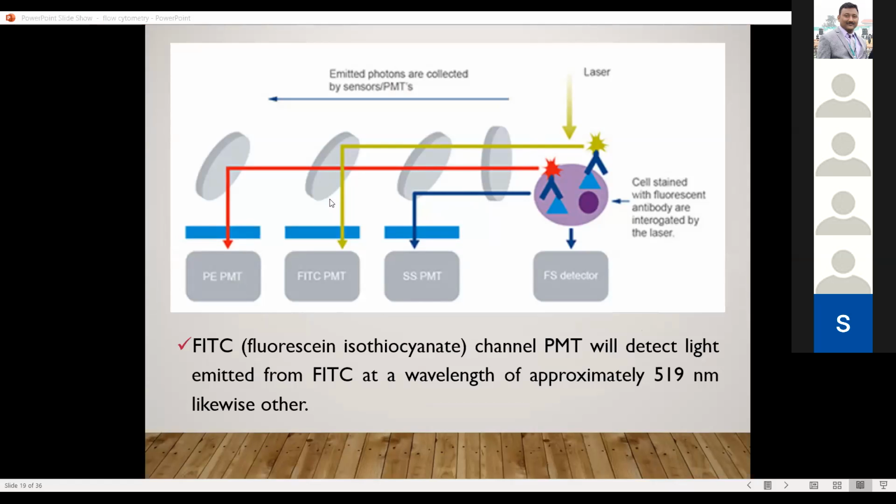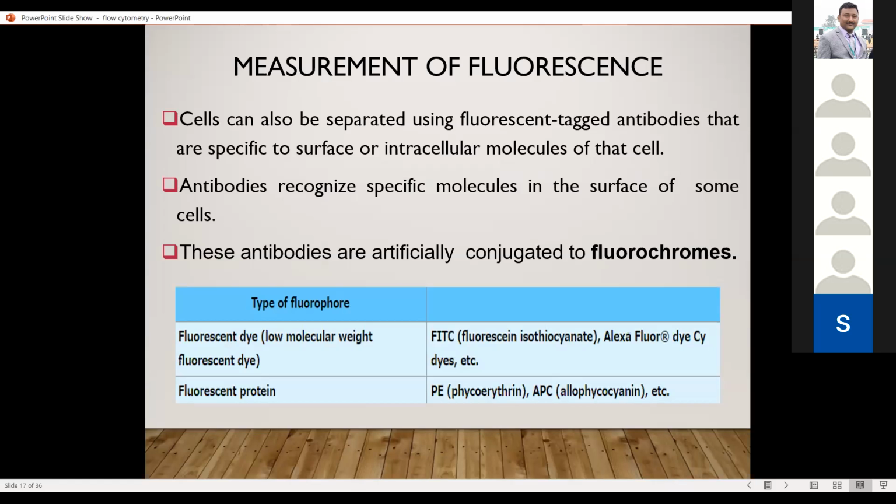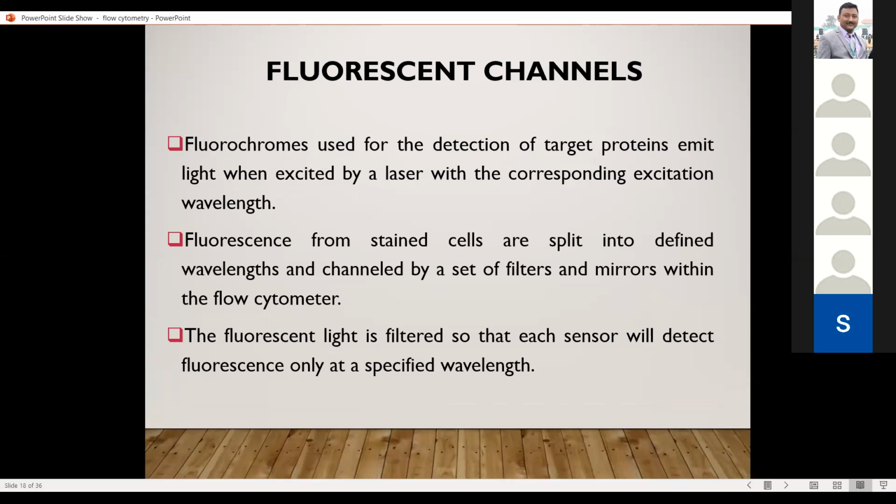Quantum dots, there are many kinds of quantum dots, and another option you can have as a fluorescent molecule is metal organic frameworks. I will try to have another lecture on quantum dots and metal organic frameworks so that you can understand more about these nanomaterials. But for the time being, this much is enough. Metal organic frameworks and quantum dots can also be used other than these fluorescent dyes. We will get back to our flow cytometry lecture.